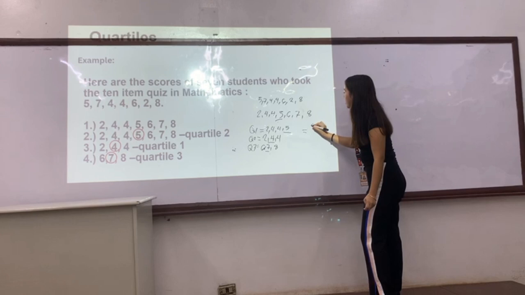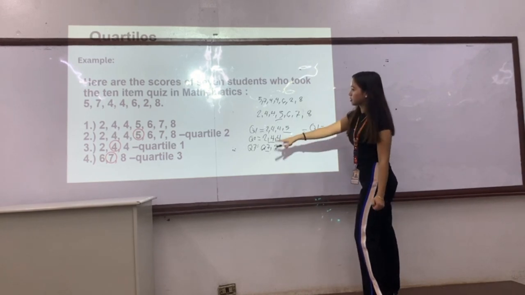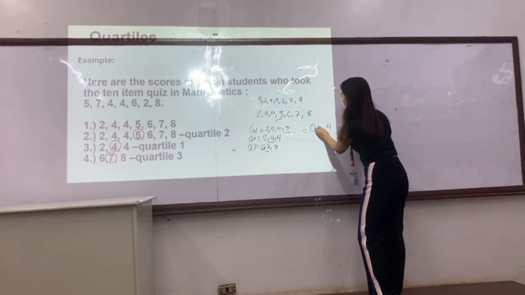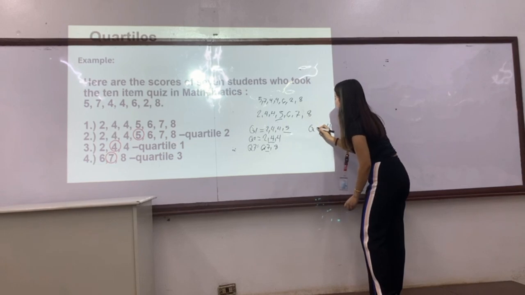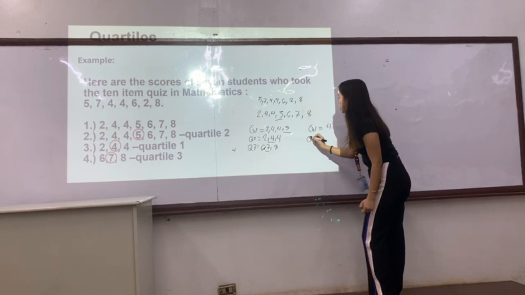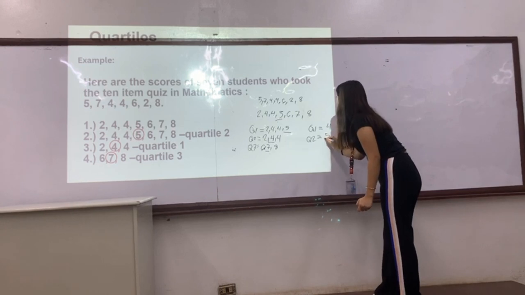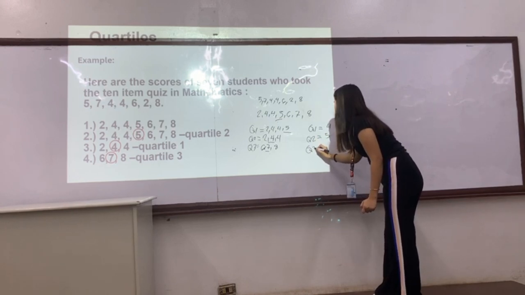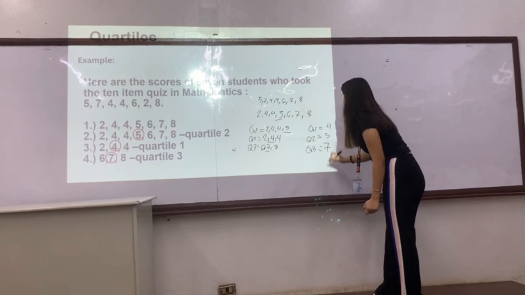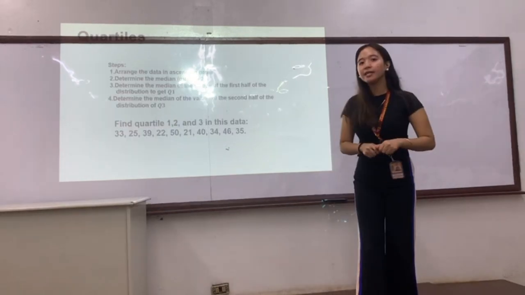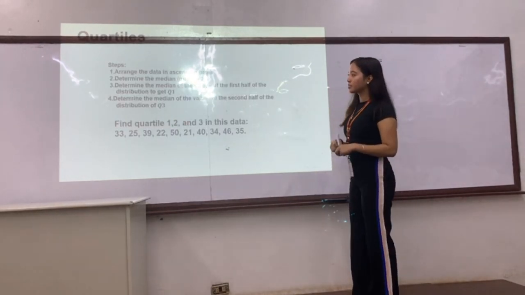So quadrant 1 is 4, and quadrant 2 is 5, and quadrant 3 is 7. So this is the answer. Second example of quadrant. Find the quadrant